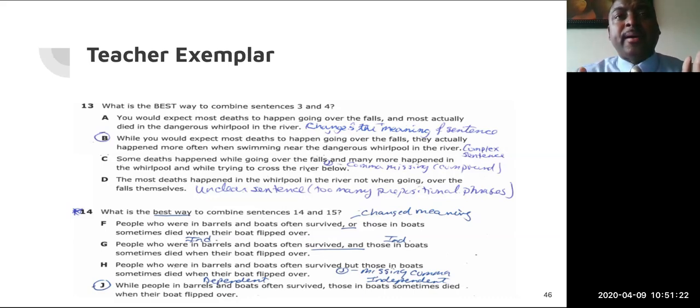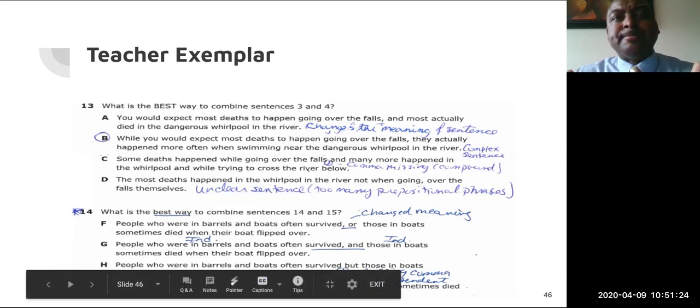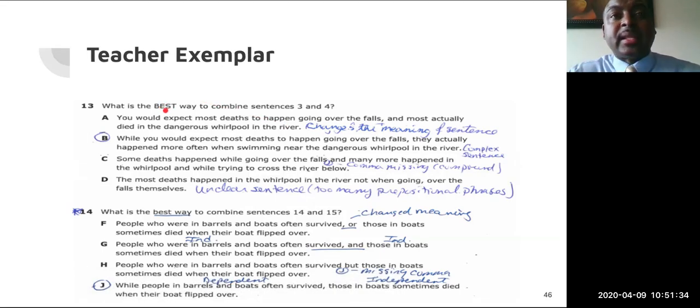Some of you may have annotated the keywords in all of the questions. For example, some of you may have taken number 13, "What is the best way?" and highlighted or underlined "best way." And then you may have circled "combined sentences 3 and 4," because these are key words. Best way indicates, and this is something we'll talk about in a moment,